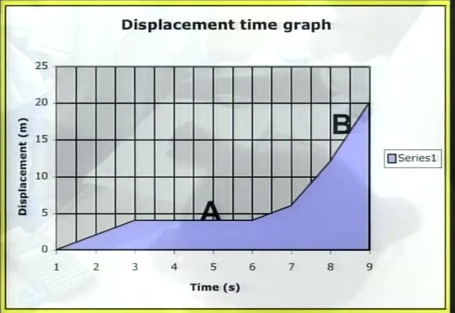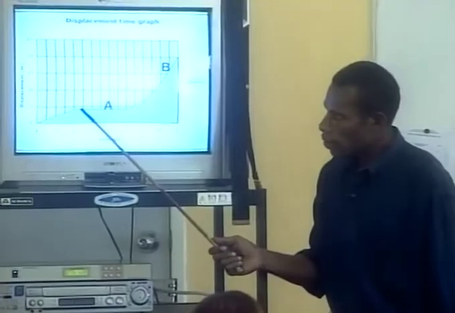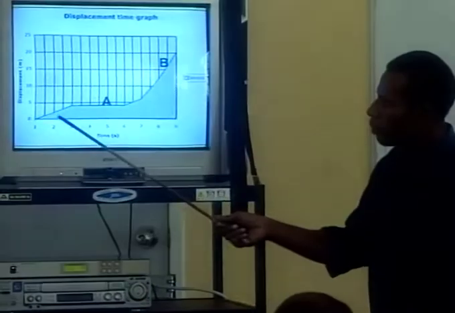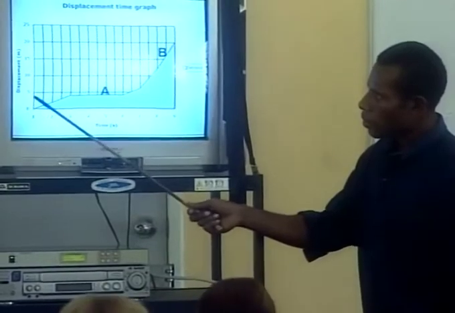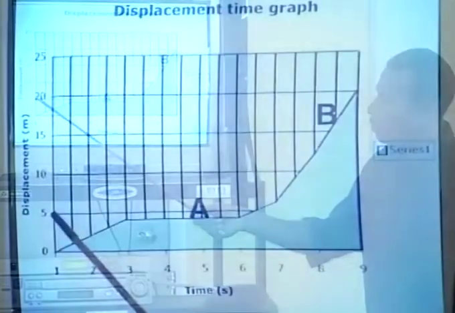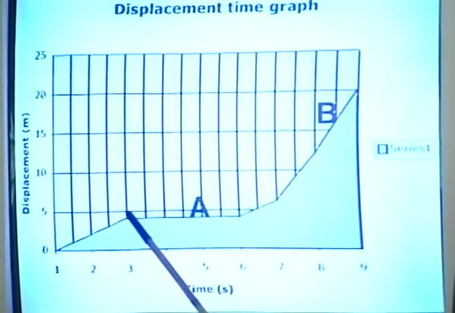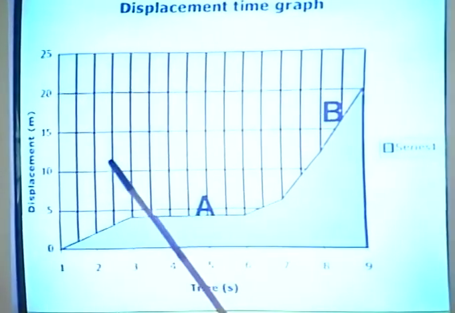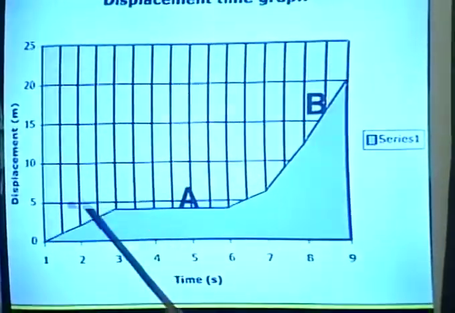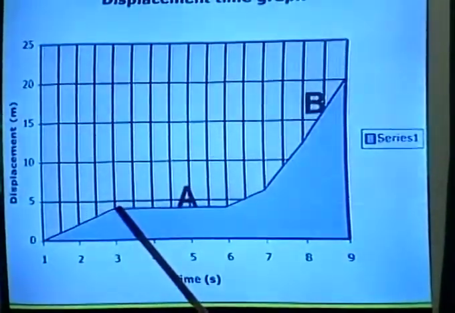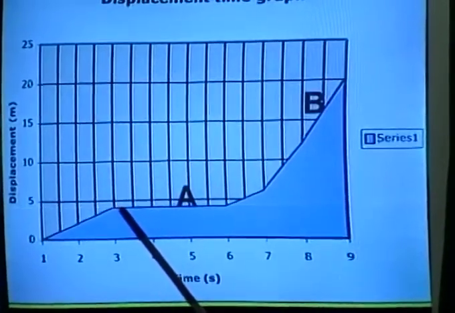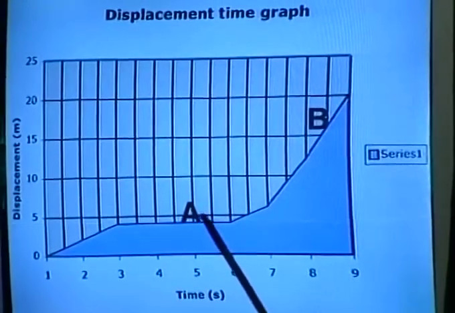Right, if you can look up, I'll just explain this. This is another displacement time graph. This is where you have the object changing speed at different points. In here, between displacement 0 and 5 meters, you have the constant speed, or rather, velocity is constant, and then after 4 meters, the object was at rest,